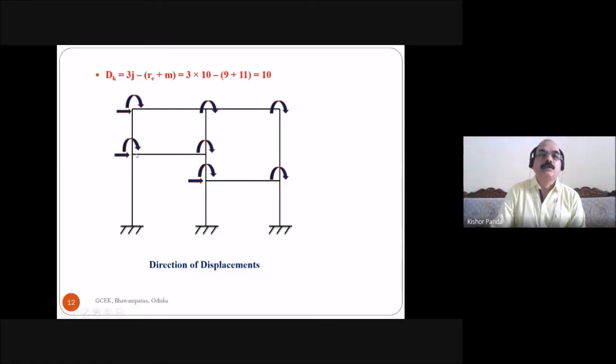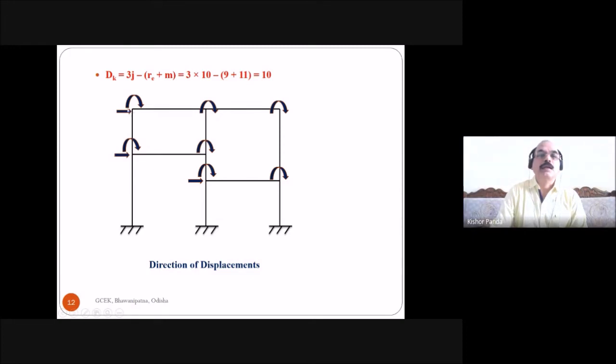This is also a horizontal member. So what is the displacement here? The same displacement takes place here also. Similarly, this is also one horizontal member. So what is the displacement here? The same displacement takes place here. So you have to take, this is one horizontal displacement, horizontal and horizontal, 3.